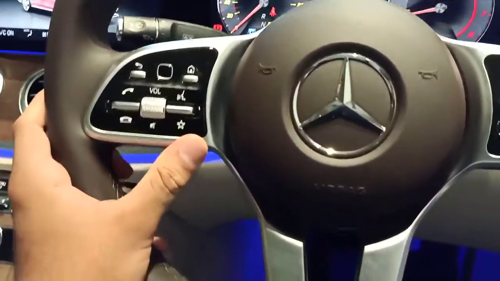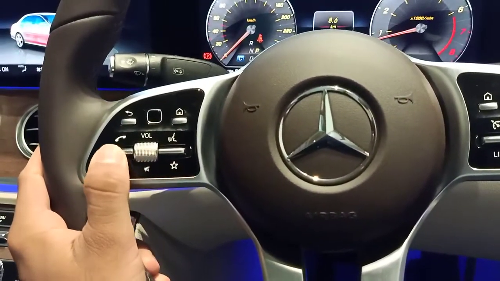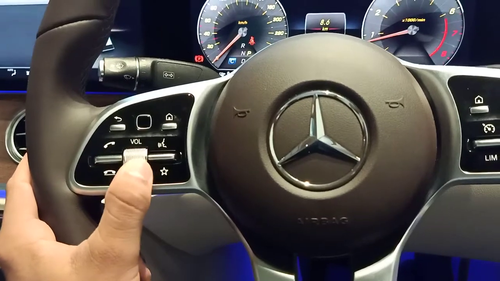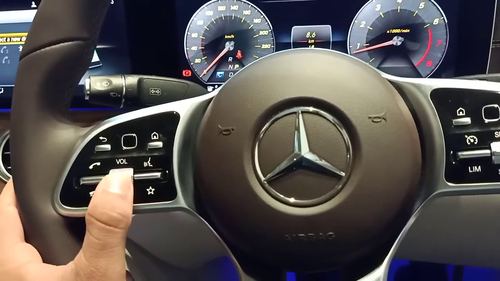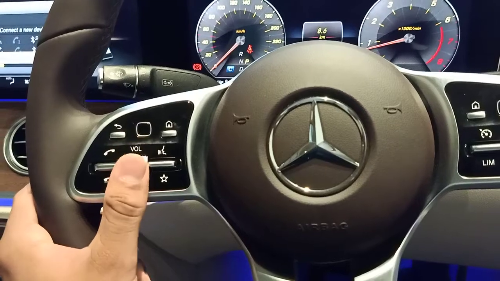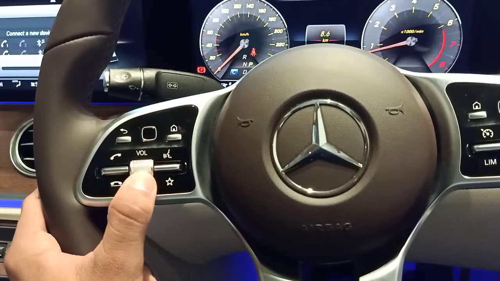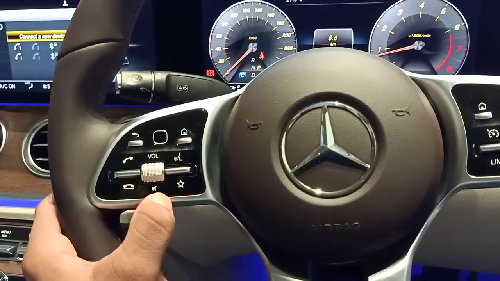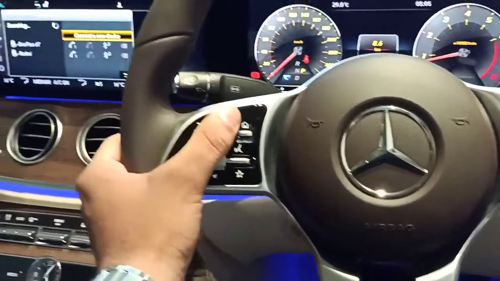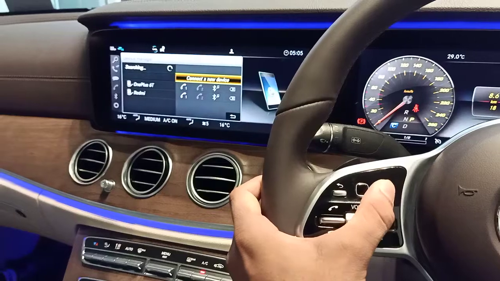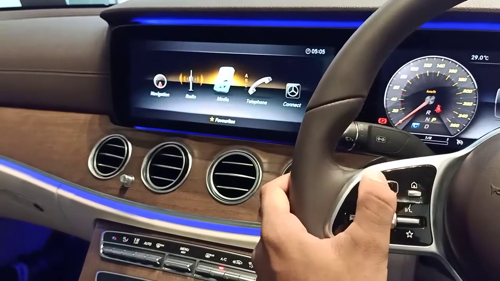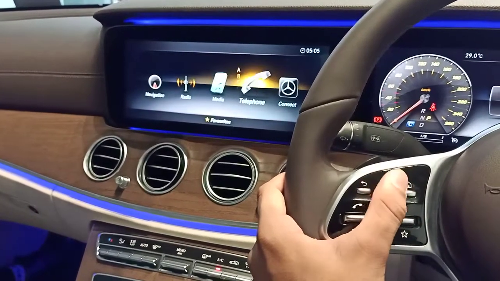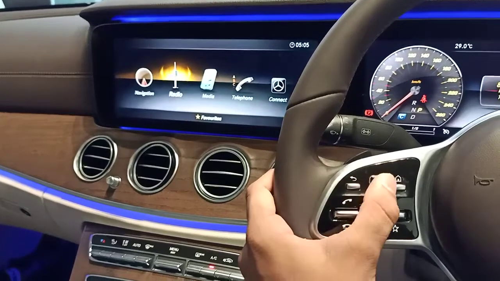On the left side of the steering wheel, we've got buttons to answer and cut the calls. We've got a volume button, which volume can be raised or lowered of the music system, and this music system can be muted by clicking the button. Clicking it again will demute the music system. This is a trackpad here, wherein we can control the center screen. So an additional trackpad is given for the driver. This is mainly for driving convenience.